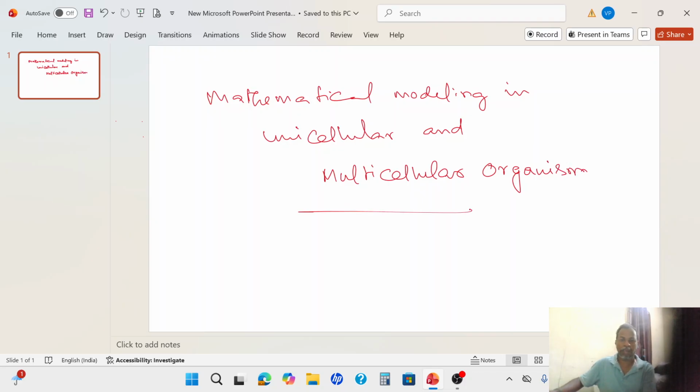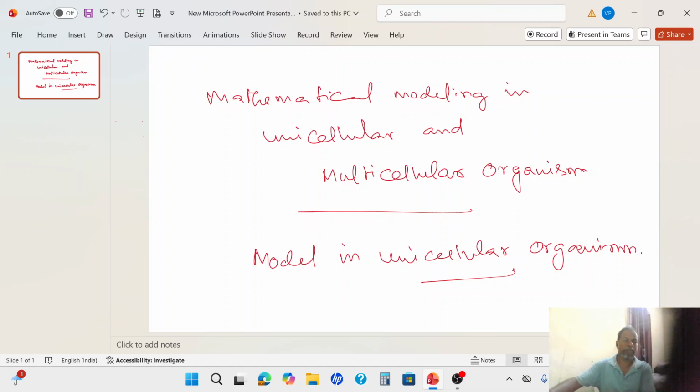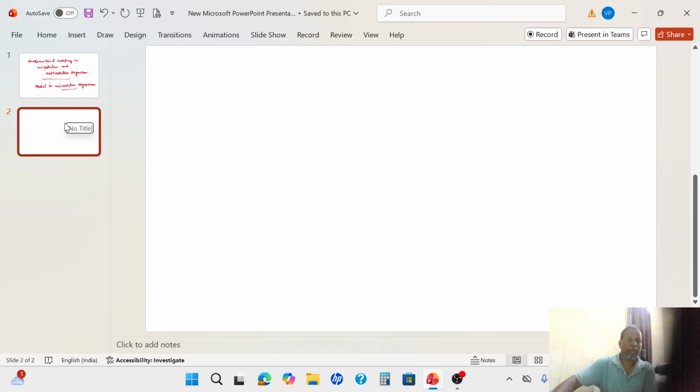First, let us see the mathematical model in unicellular organisms. In unicellular organisms, this organism